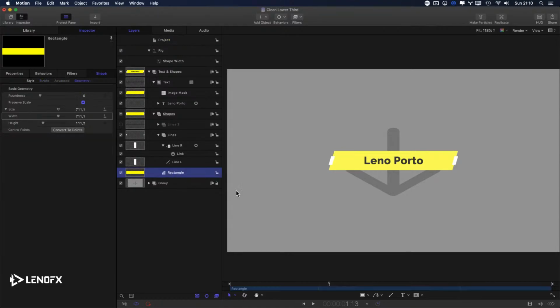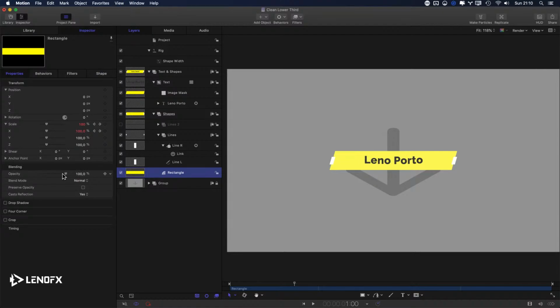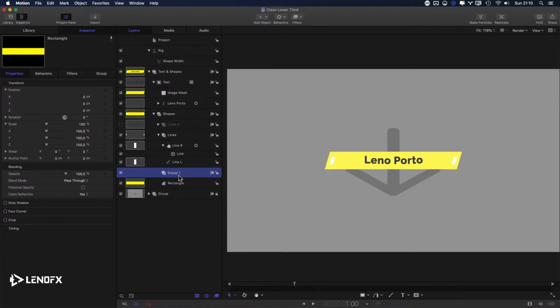One important thing, if you remember the last live, I used the shape as a mask to the text. So if I change the opacity of the shape, the text will be removed as well. What I need to do is Command G, add to a new group,